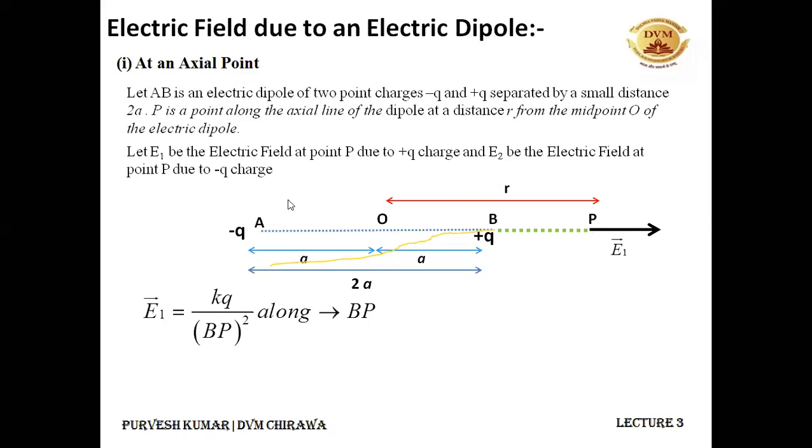Now, the electric field because of this minus Q charge at point P will also be KQ upon AP square, because the distance between the charge placed at A and point P is now AP. So KQ upon AP square, and this is along BA because it is a negative charge and electric field is always directed towards the negative charge. So it comes out to be this. There are two electric fields. One is moving in this direction, that is along BP, and the other one is moving in this direction, that is along BA. So you can easily add them to find the net electric field at point P.